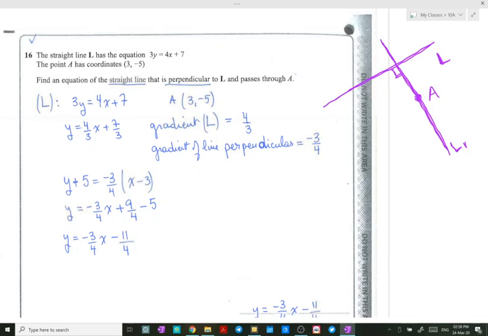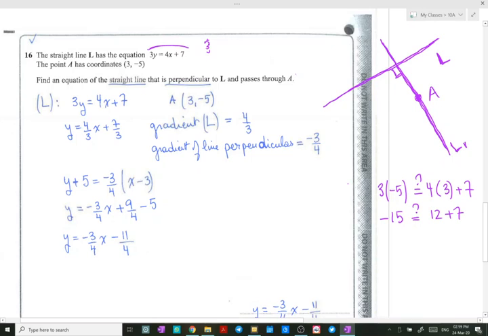How would we know whether the point A belongs or does not belong to L? They didn't mention it in the question, but you can replace the coordinates of point A in the line and check if it satisfies. Replacing here, 3 into minus 5, is it equal to 4 into 3 plus 7? So minus 15, is it equal to 12 plus 7? The answer is no. So A does not belong